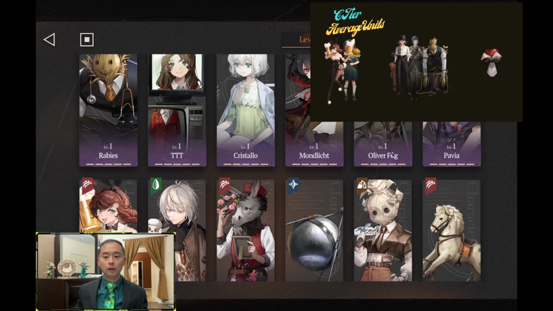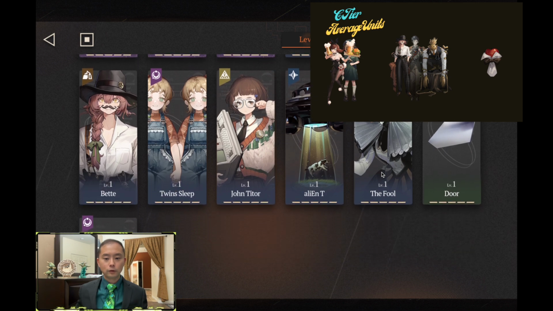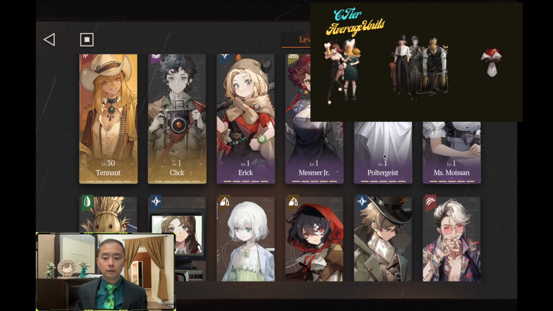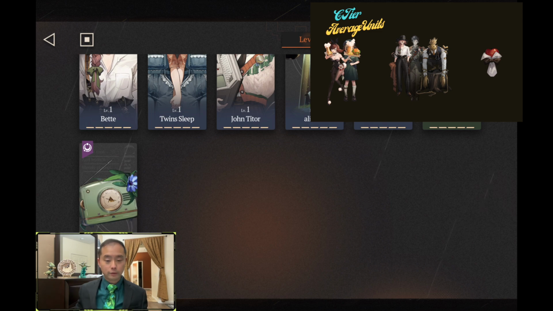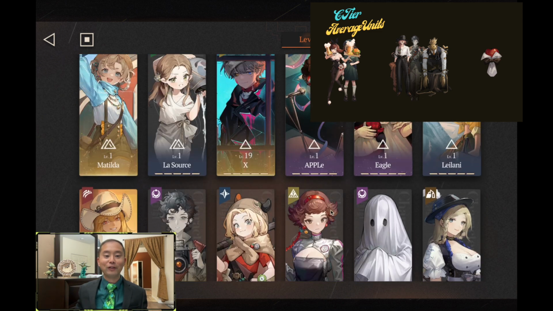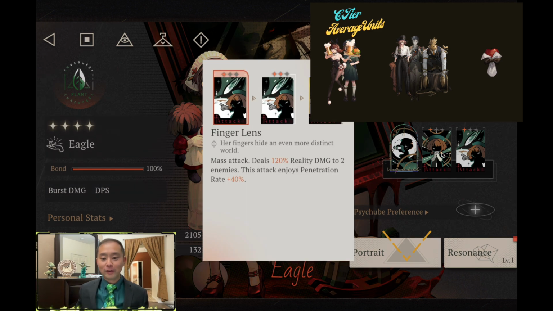Now, Eagle is a character that I think more people are familiar with. Where are you? Oh my god, he disappeared. Or she disappeared. Where's Eagle? Oh my god, she disappeared from the map. Oh, it's because I leveled her. Right? Okay, sorry guys. Let's maintain composure here. Okay, so